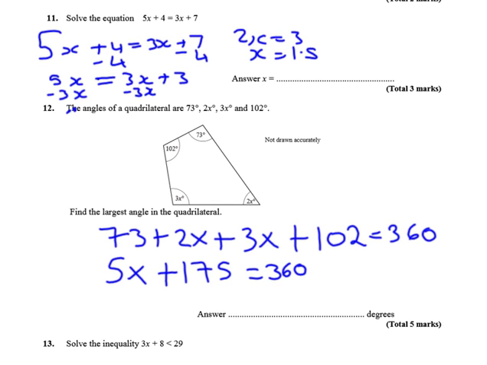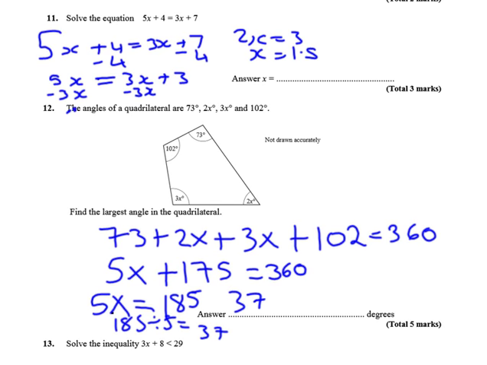So we'd get 5x equals, so we need to do 360 take away 175 and that gives us 185. So to work out x we now need to do 185 divided by 5. So x equals